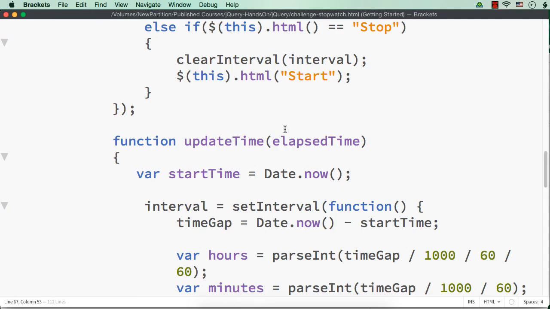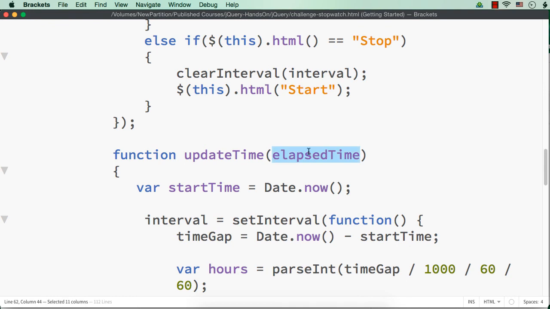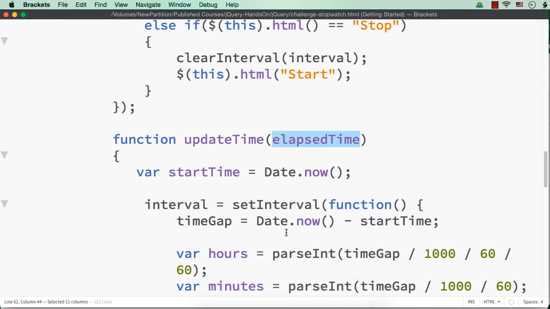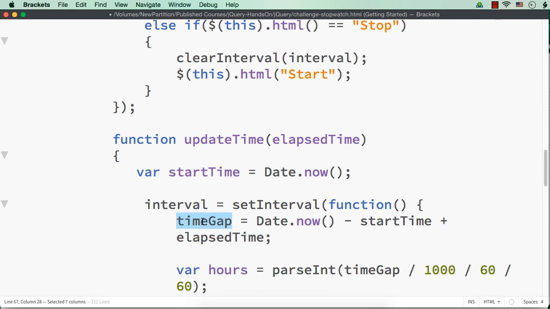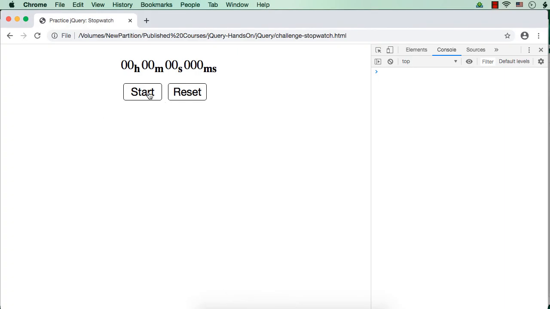So this elapsed time, which is the current value in fact, only thing is that it is in milliseconds, that value should be added to the current time gap we are calculating here. So with this we will get the stopwatch value, and if it has to start from the current value, then we need to add the elapsed time. Okay, let me save this and show you once again. Start, stop, start, stop. So as many times we can continue and stop the stopwatch, right?